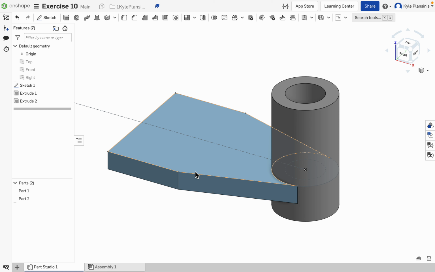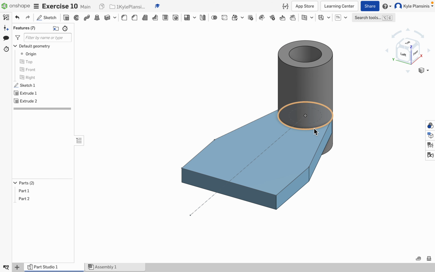The other thing I want to show you is creating a, well, it's called a Boolean Subtract. So you can use another part as your tool to cut the new part. So on your drawing, you can see that there's some tabs on the back of here, and there's two parts that fit together. So you don't actually have to draw those into both parts when you have features that interlock like that. You can use one part to create the other. So I'm going to create a sketch here on the back,